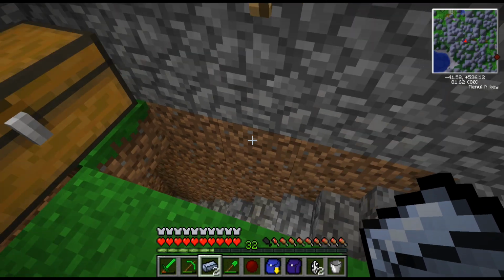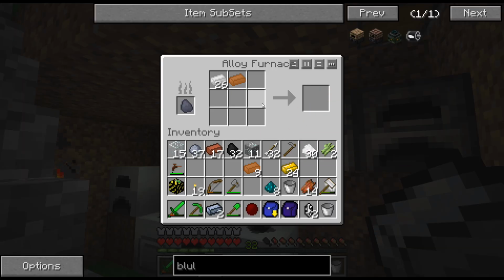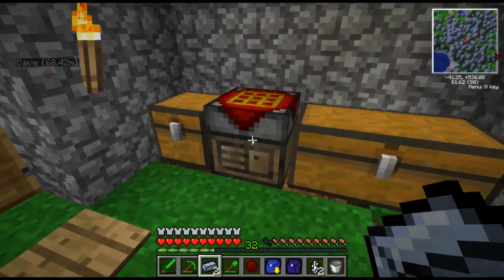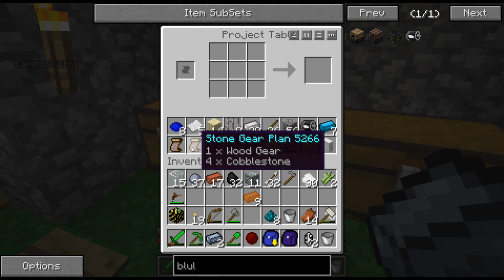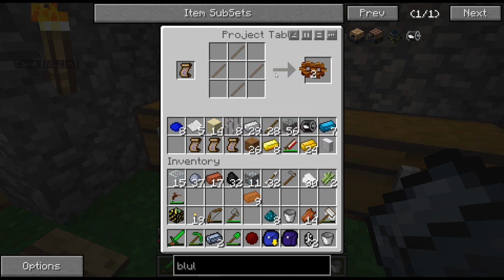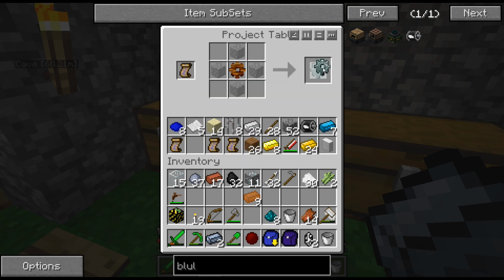Now we need those alloy ingots real quick. Let's pull those guys out. Looks like I ran out of copper. Alright, so brass ingots up top. Actually, no, we need to make brass gears, don't we? Which brass gears? You have to start with wood gears. Then you're going to put that in with stone gears. And that's it. Now we're going to make a new...